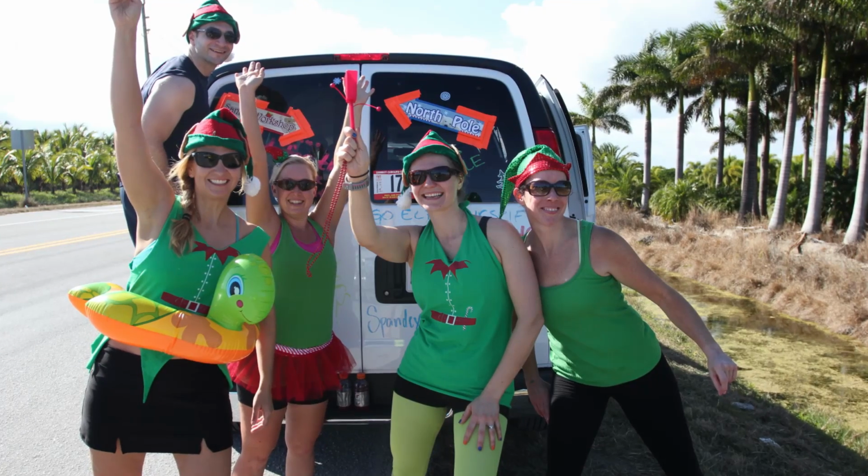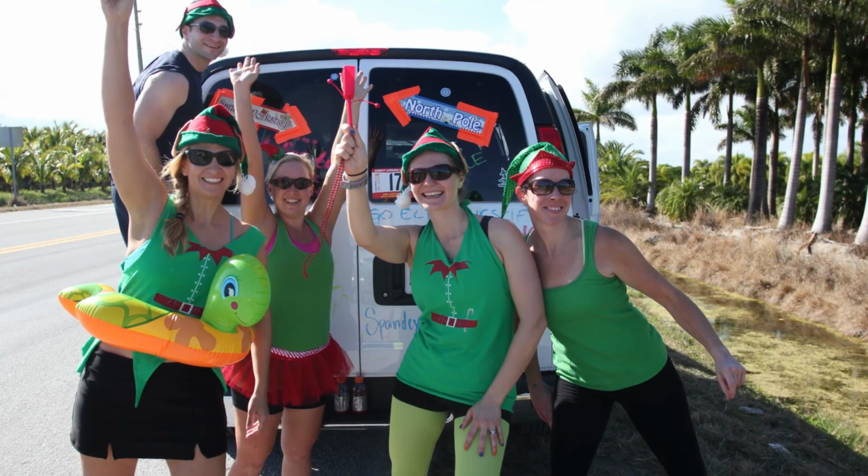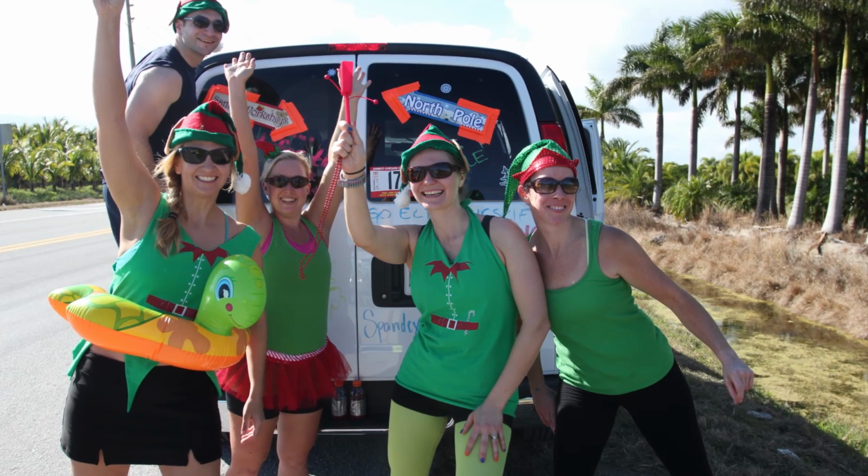And the next thing I'm going to go over is van decor, which is one of the greatest elements of our Ragnars. Ragnar does promote fun, but please be mindful and sensitive to others when you're decorating your van. Many of the exchanges that we do use are churches and elementary schools, and without their support, this race would not be successful. Some of the general guidelines you'll want to follow when you're decorating your van: please make sure